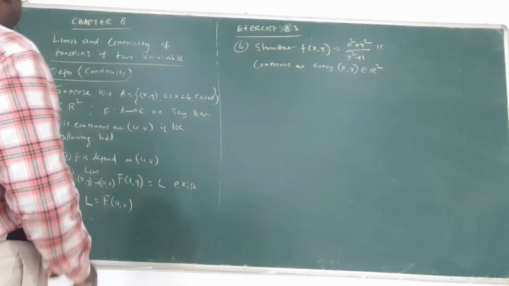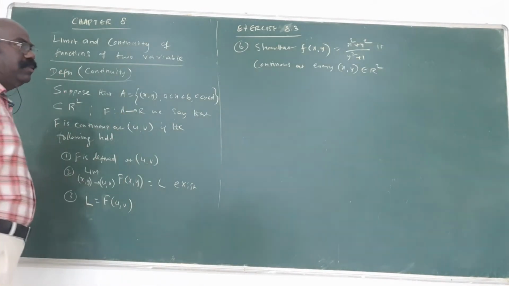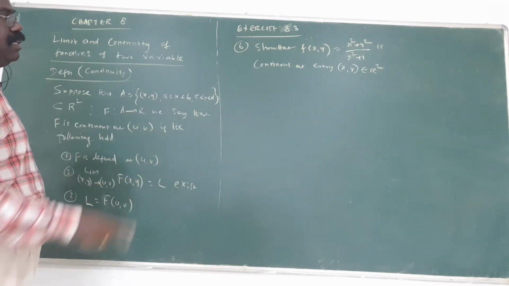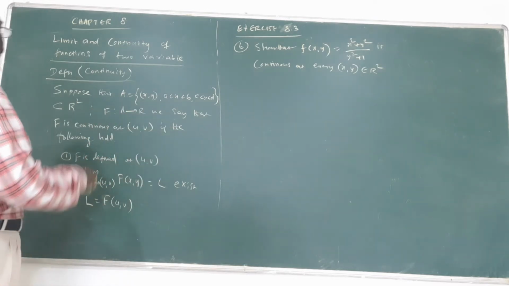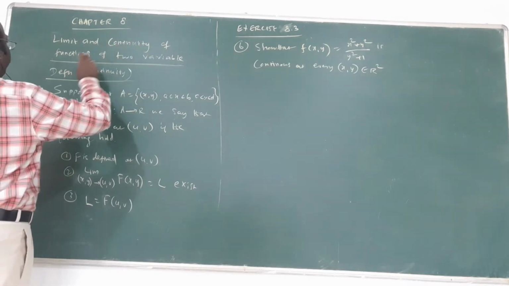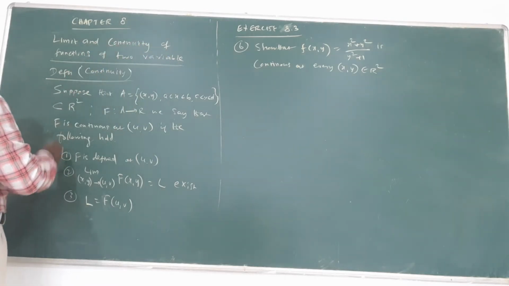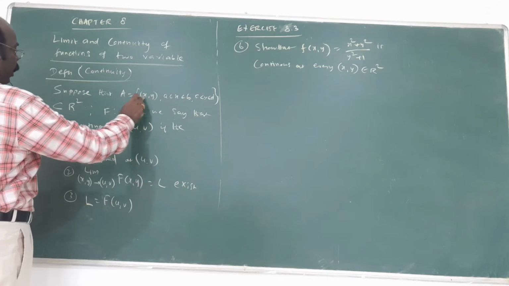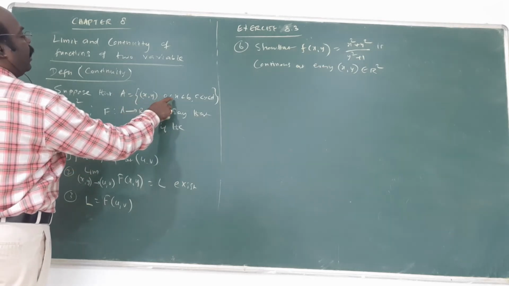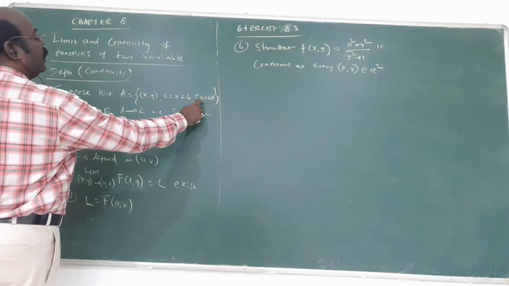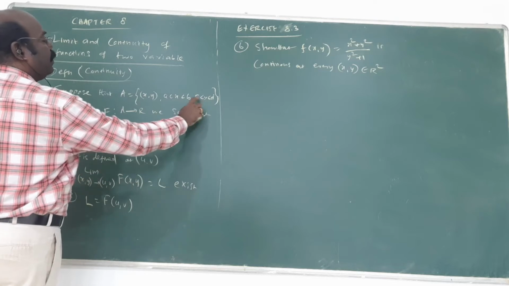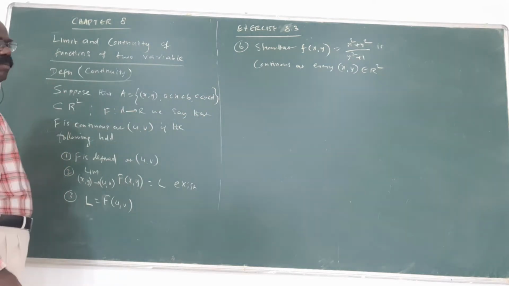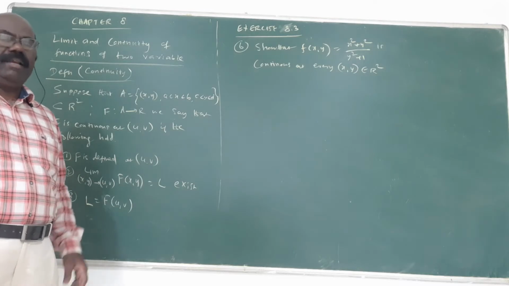Now listen here, the next concept. Explain 8.3, remaining problems 6 and 7. These two problems, small idea. Limit and the continuity of the functions of two variables. Suppose that a is the set of x comma y two variables, where x is placed between a and b, and y is placed between c and d. Contain r square, r is real number. Am I correct? R is real number.